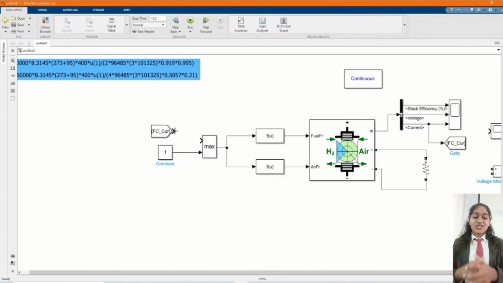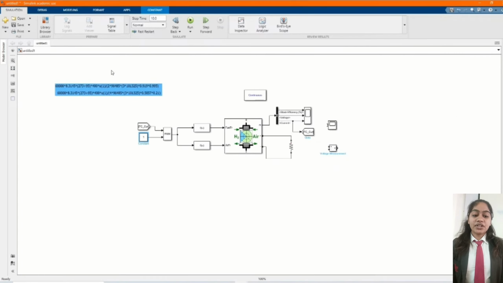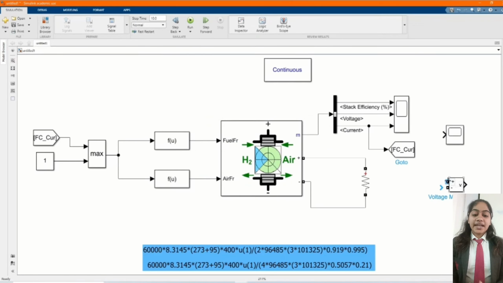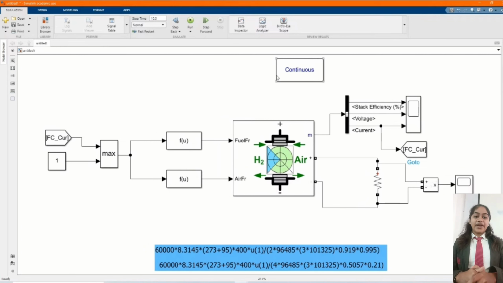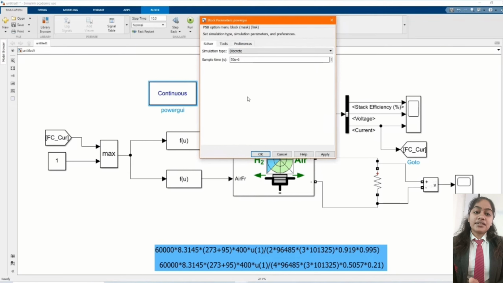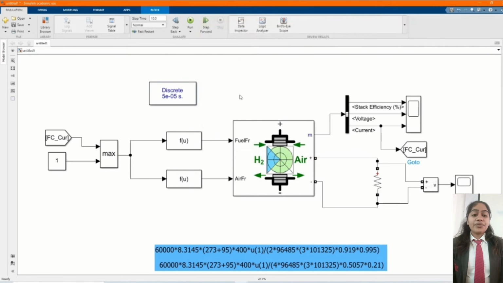Here, by choosing first cell power and then voltage, we also need the fuel flow rate and air flow rate. Now let's connect our MATLAB function to the fuel cell stack. Then we connect the minimum clock to both, and we have to add the equation in the MATLAB function. As you can see, it is on the screen. We copy this equation and paste it into the MATLAB function.